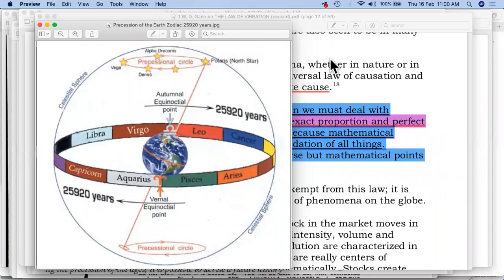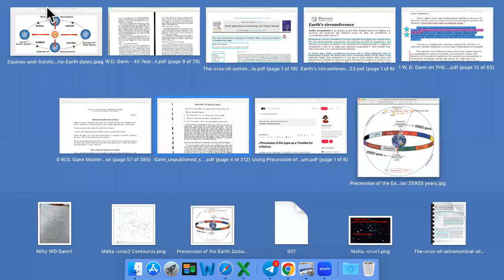Hello friends, this is going to be an English video. We'll be specifically talking about the precession of the equinoxes, and we are going to see how there's a different cycle pertaining to the precession of the equinoxes. Now, before going into the details, let's try to understand some basic concepts which you have seen previously.